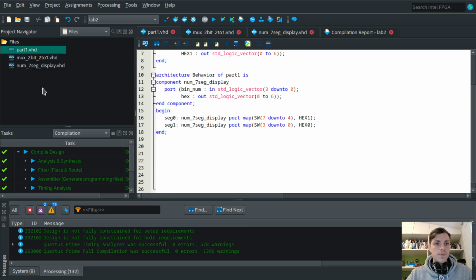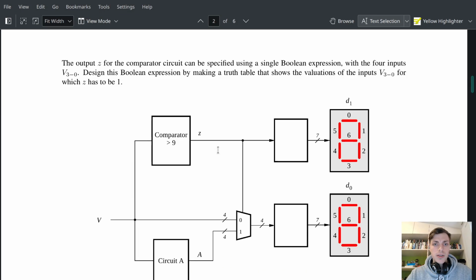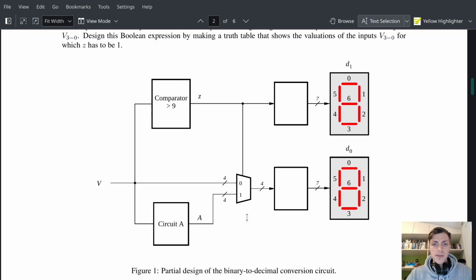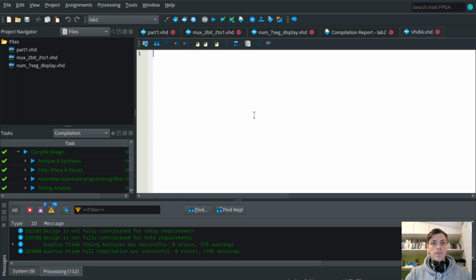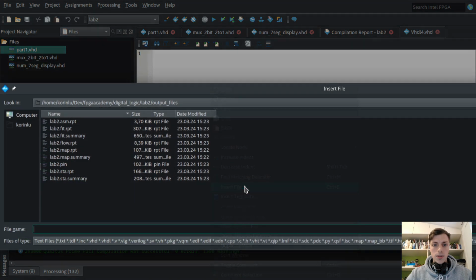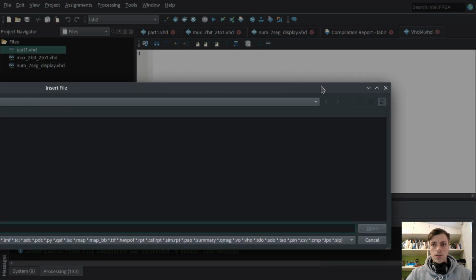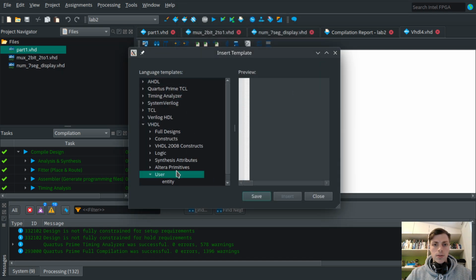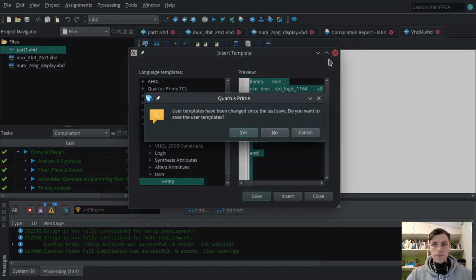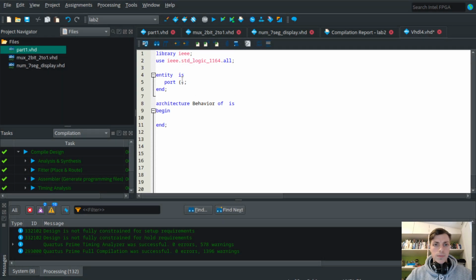Let's start creating these. So first we will create circuit A. So let's make a new VHDL. We will insert a template. I'll just copy this. So we will call it circuit A,